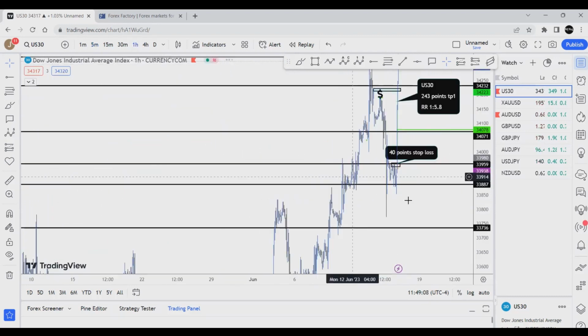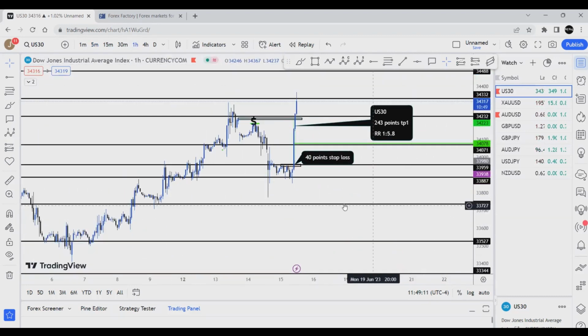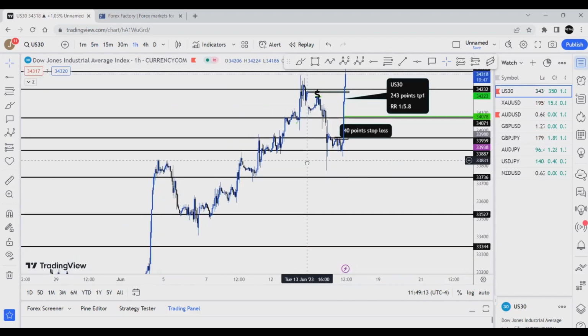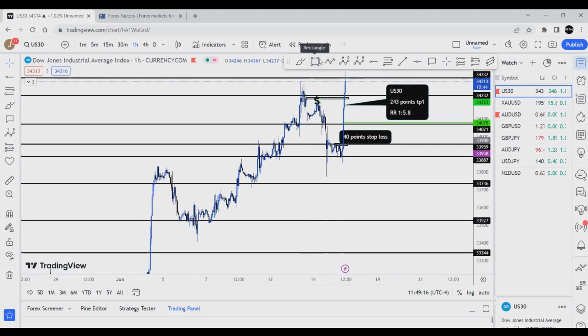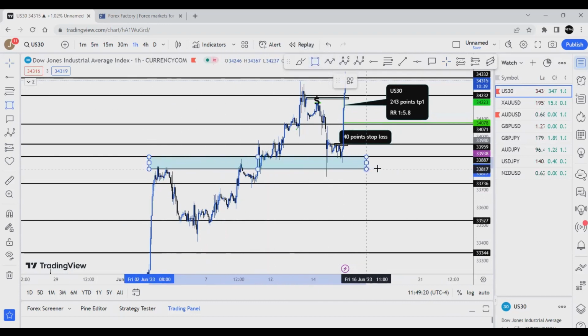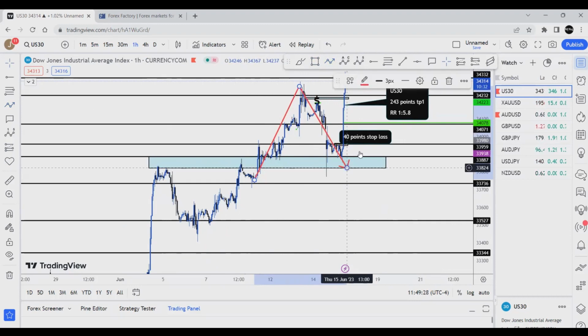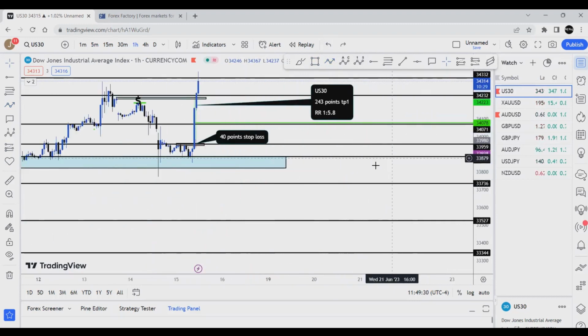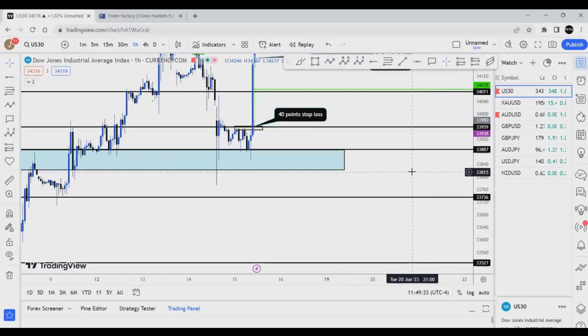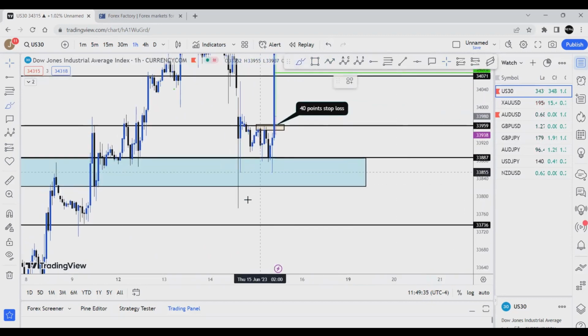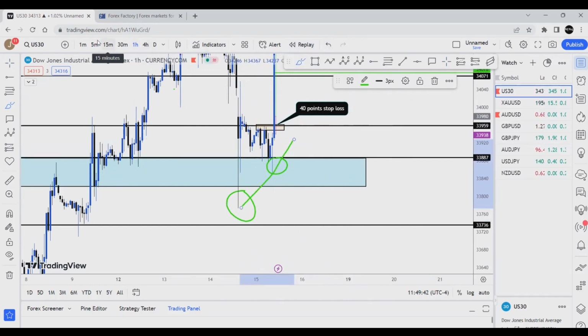So I went to the 1 hour time frame first. After going on the 1 hour time frame, the first thing I tried to identify is major support and resistance levels. Once I saw this previous high over here, I'm like, okay, price came and retested that major support and resistance level right there, boom. After noticing that, the next thing I wanted to look at is reversal in the market from that level. We had this low over here, and now we start having that higher low. So we notice it's starting to create higher lows in this market.